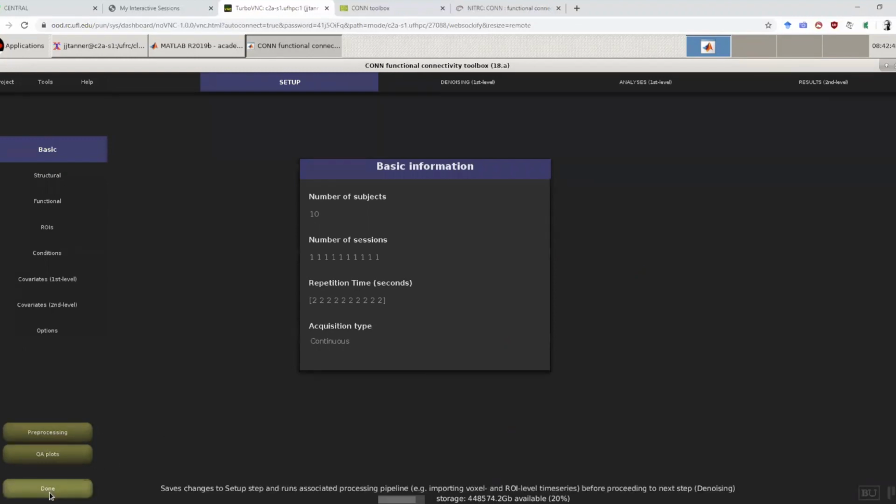Now we're going to click done. This will save changes to the setup step and run everything else, the processing that needs to run before we get to denoising. So I can click on done,